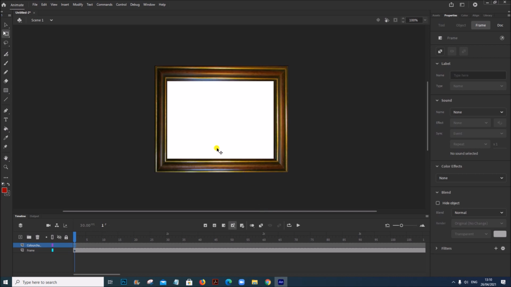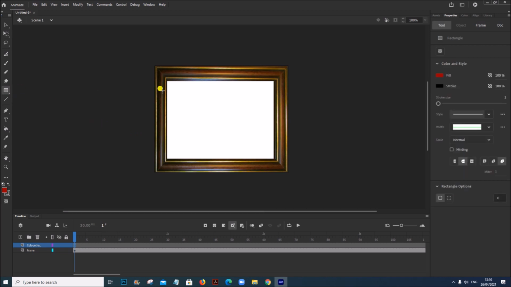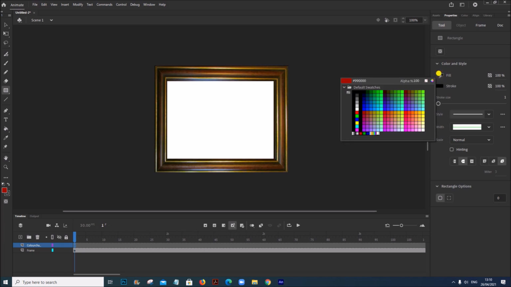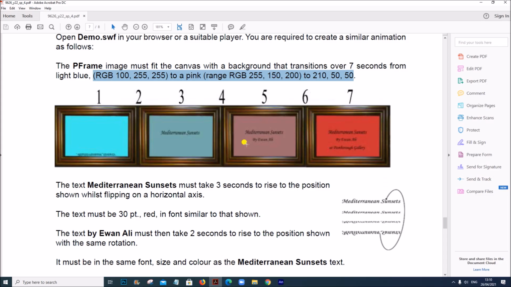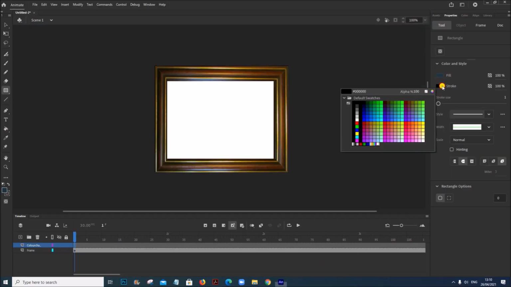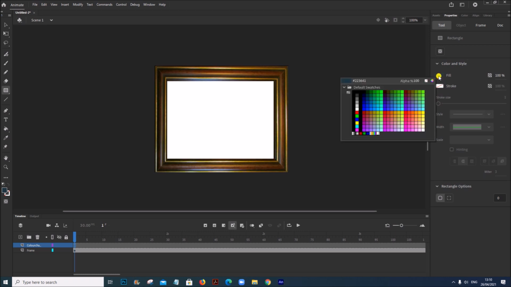In order to do this color transition, I'm going to use a shape tween. So first we'll use a rectangle. Choose a rectangle. The fill color must be, first color is a light blue color whose values are given here, 100, 255 and 255. The stroke must not be there. Remove the stroke and the fill color.